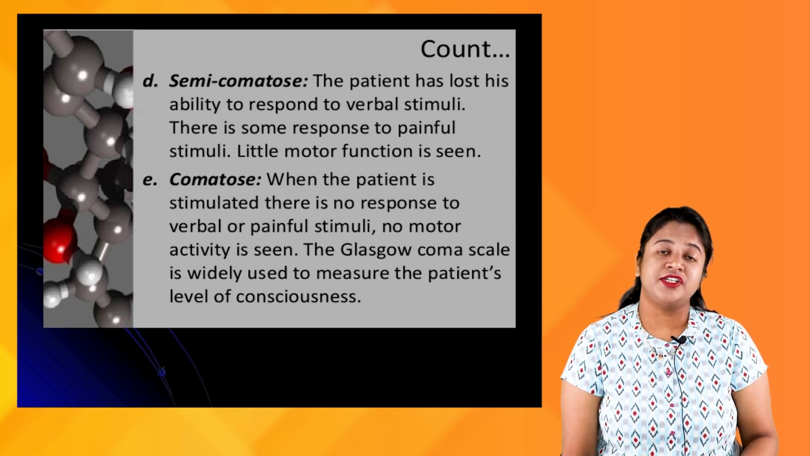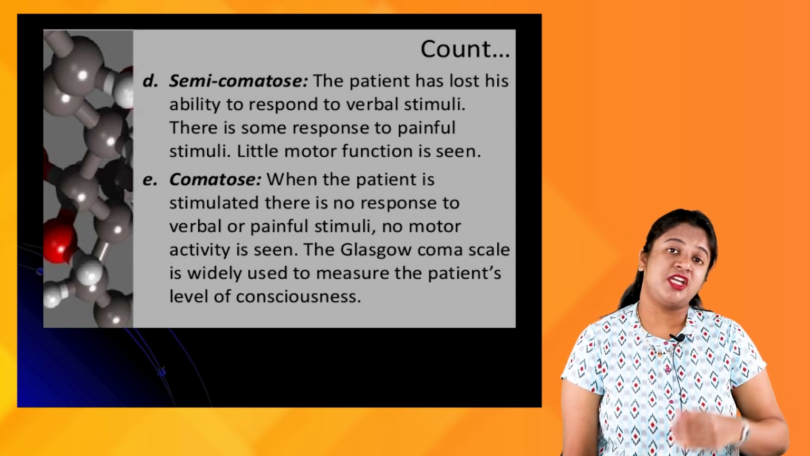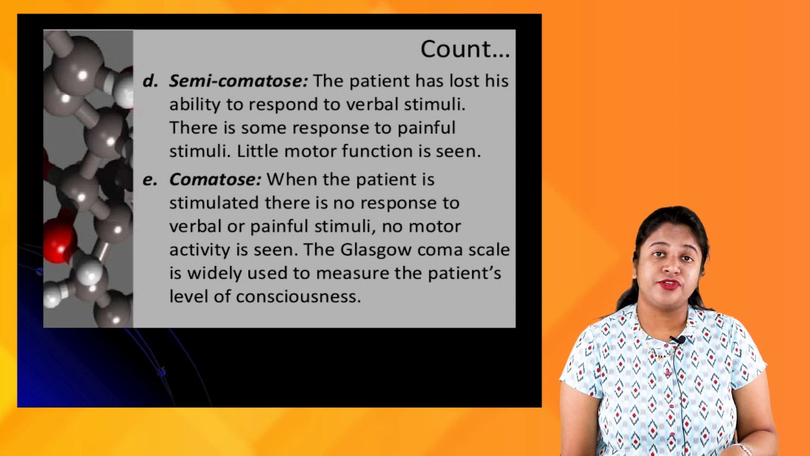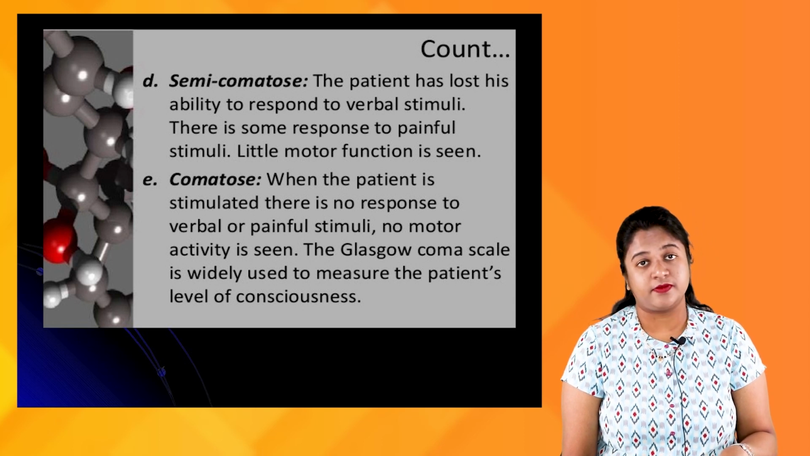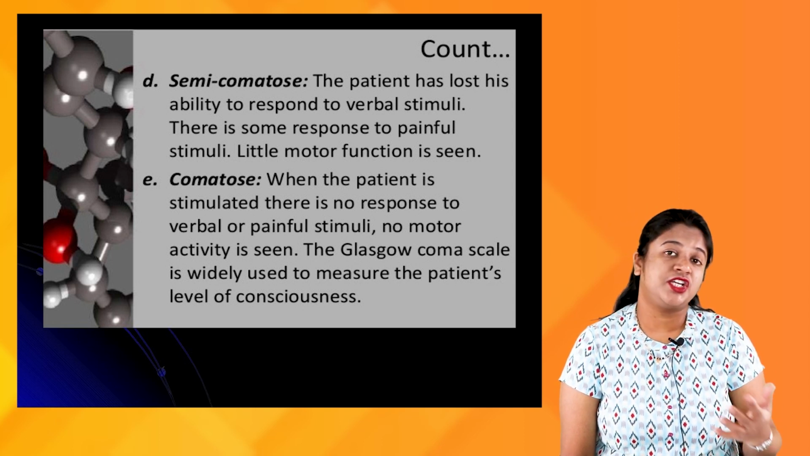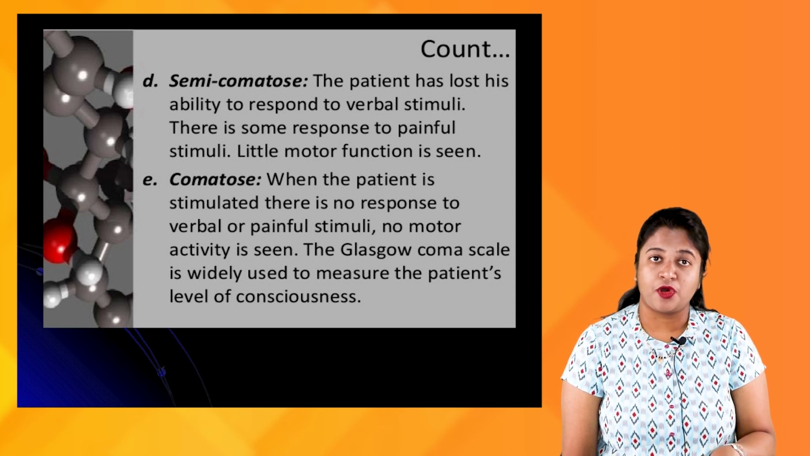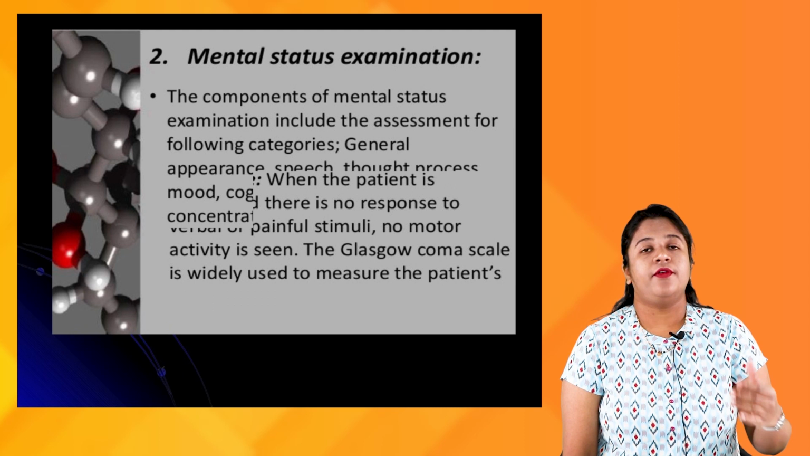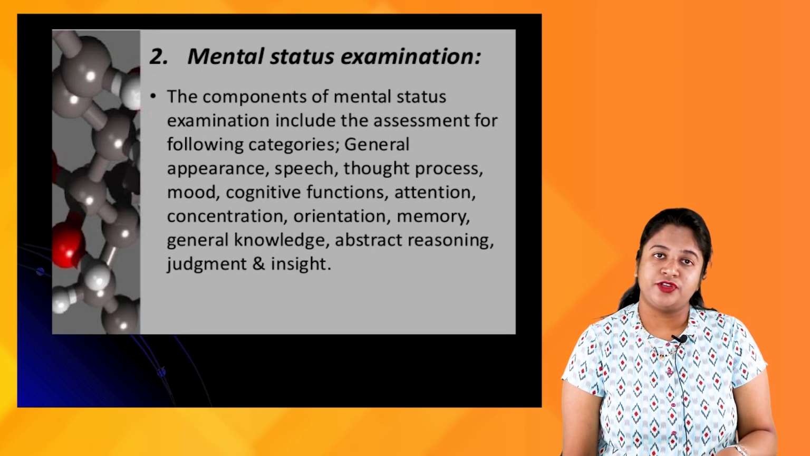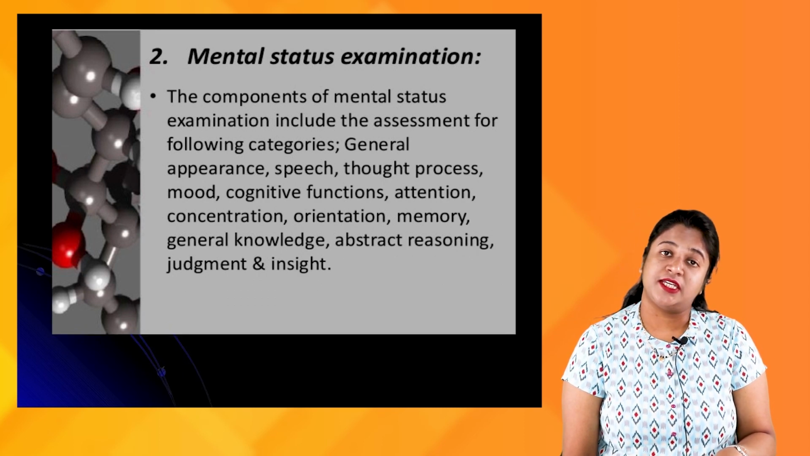So this is about the first aspect of the neurological examination, where you assess the level of consciousness, whether the patient is alert, lethargic, in stupor, in a state of semi-comatose, or in a coma state. Right. The next aspect that you're going to check in the neurological examination is the mental